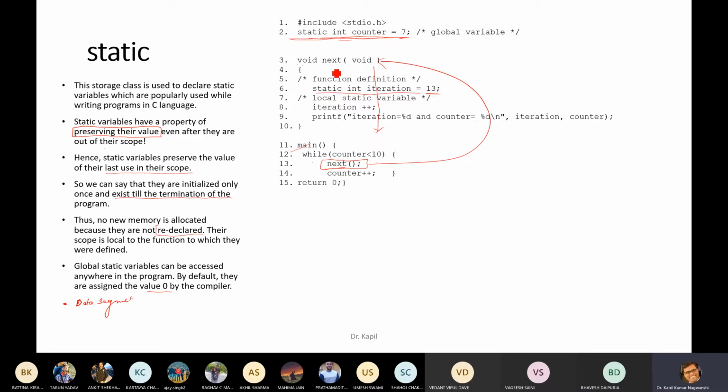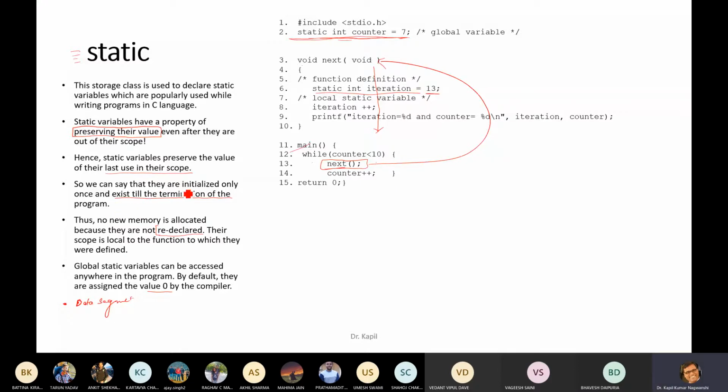But before this, let us understand the meaning of static, why we are using this static storage class. Static variable preserves the value of its last use in its scope. Whatever there is in this scope, it will preserve, and in the next iteration also it will be incremented from the stored value.